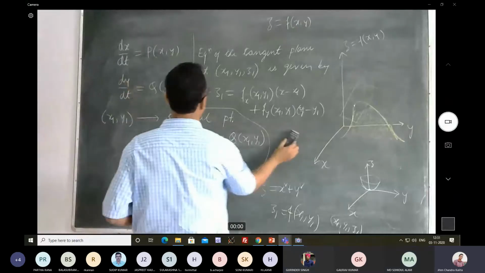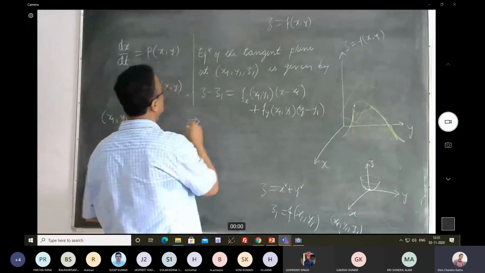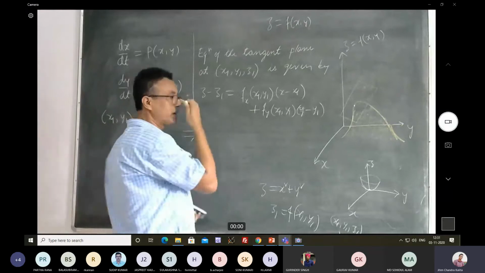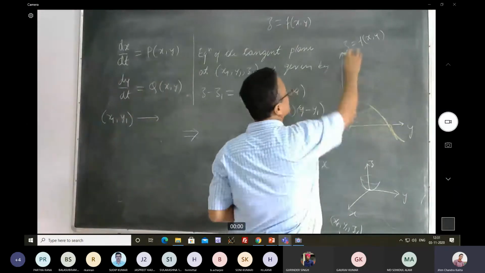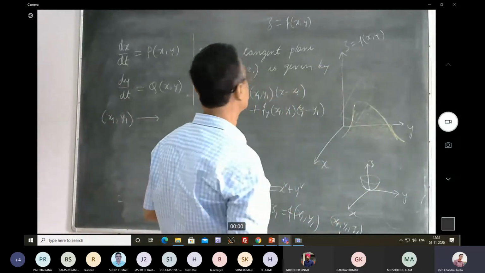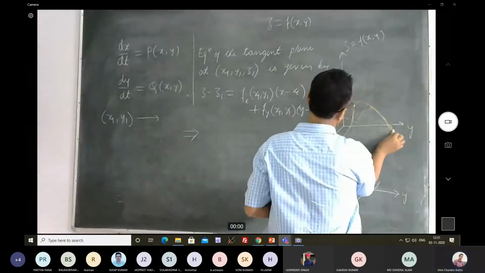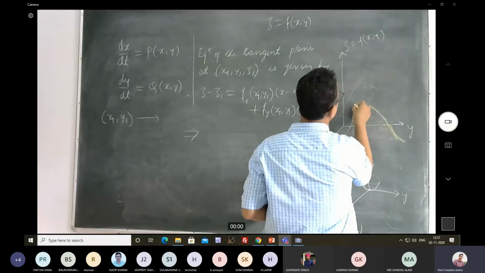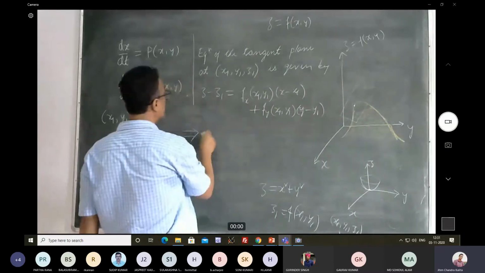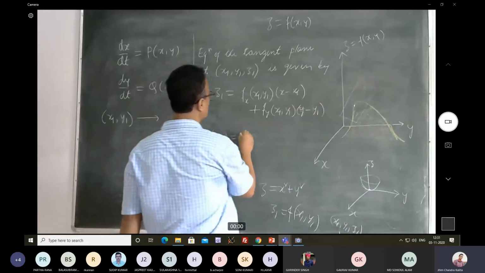So that means this implies, say, j. If I want to approximate the values of the function z equal to f of x, y through the tangent line approach, like say for this yellow surface at this point, if I want to approximate it in the neighborhood of this point, I will use this equation. So this as a function of x, y is equal to